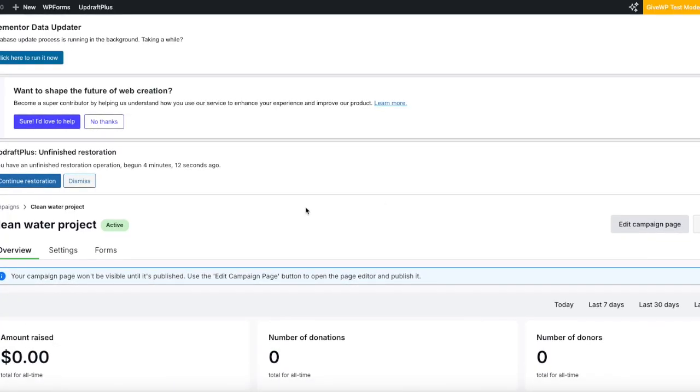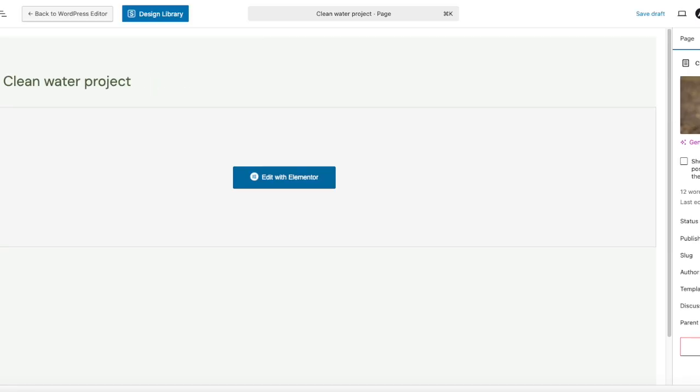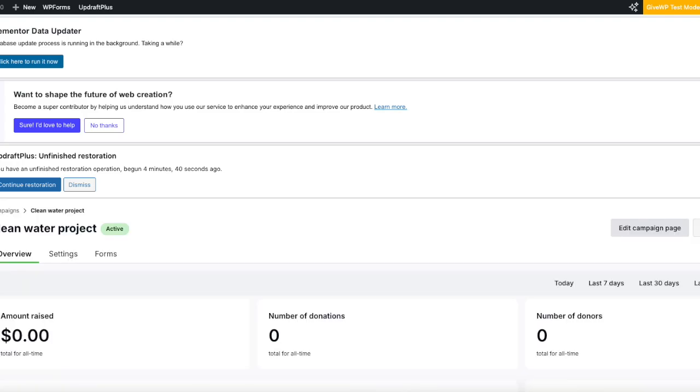So even though we've created a campaign right now, that campaign is not visible until we publish it. And for us to publish it, we have to select the edit campaign page, click on publish, and publish again. If we go back to where we were,